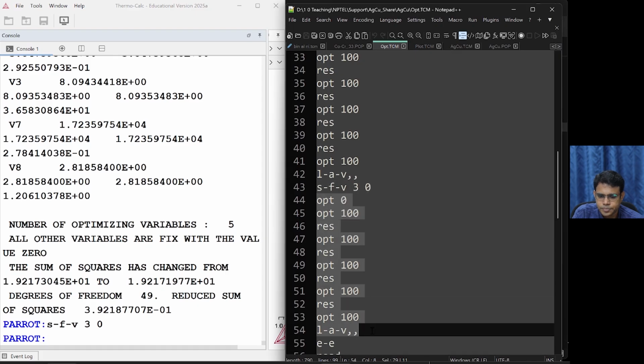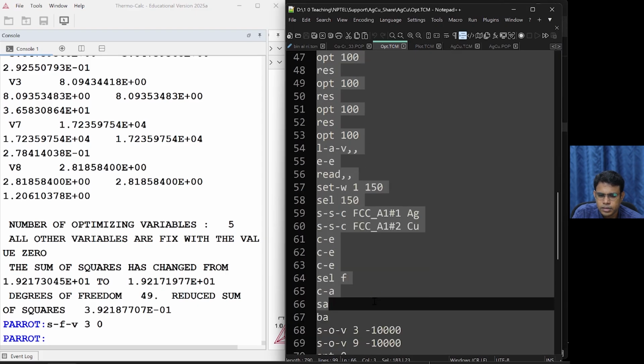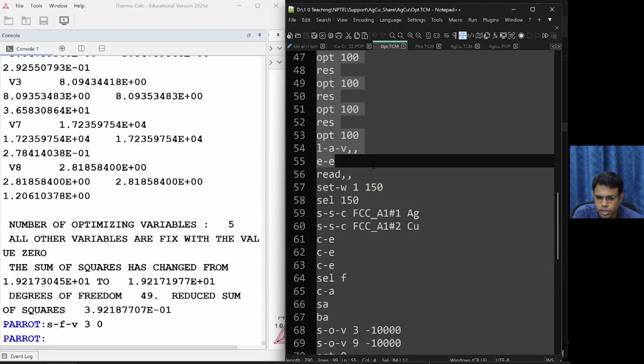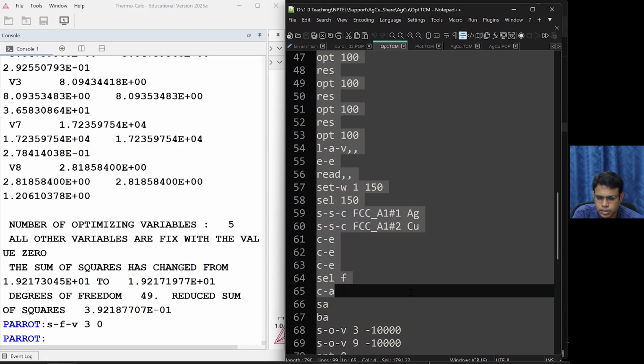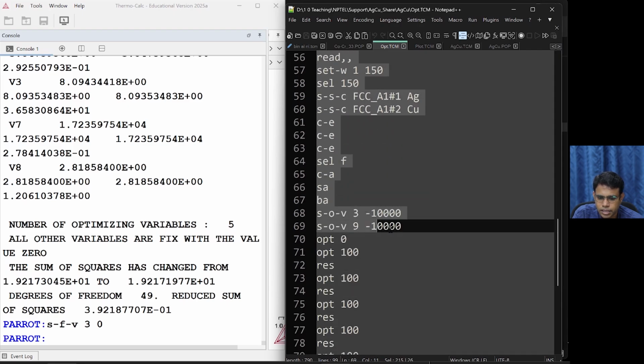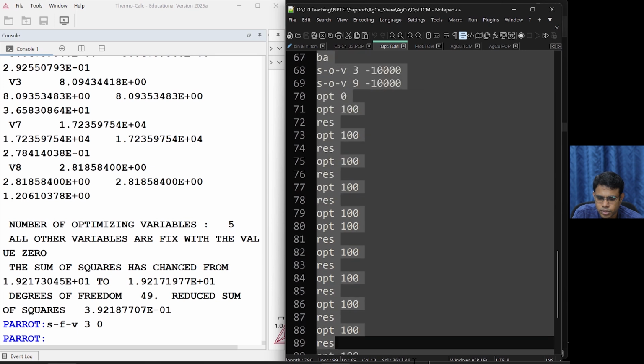Okay. So you can see then again optimization is continued, then more variables and more data are selected, set optimizing variable 3, 9, all those things are taken now. Okay.